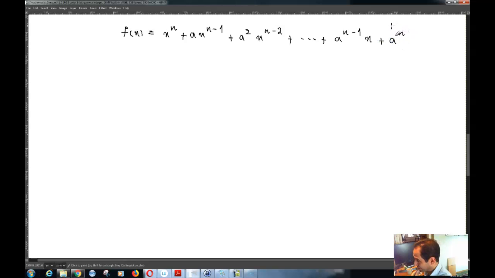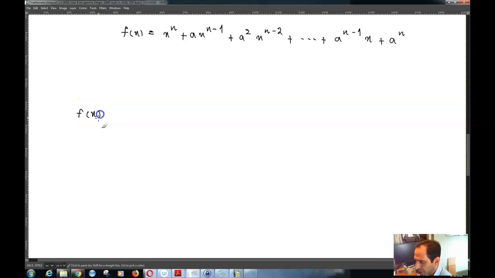So to take the derivative of this, we can call it a polynomial, of course. So to take the derivative of this, you can use for example, the product rule. And the product rule, we said that if you have